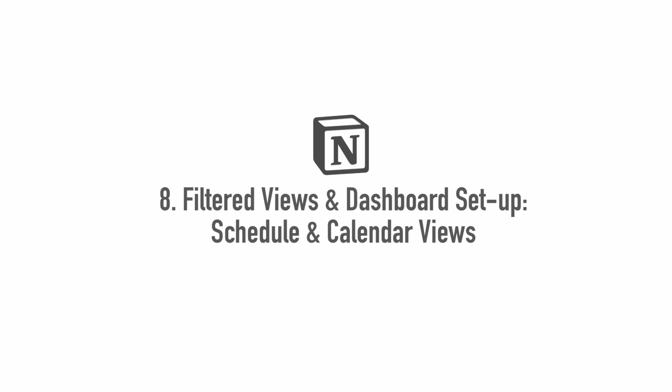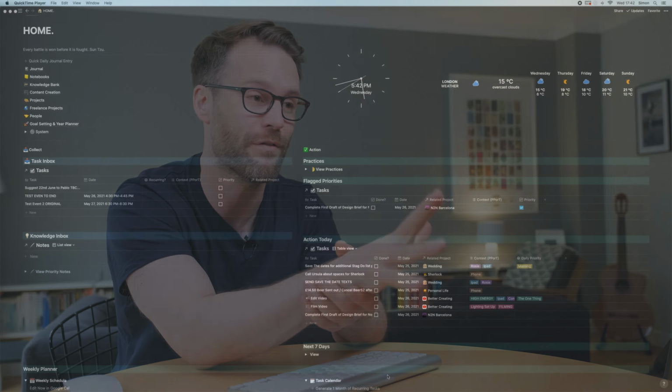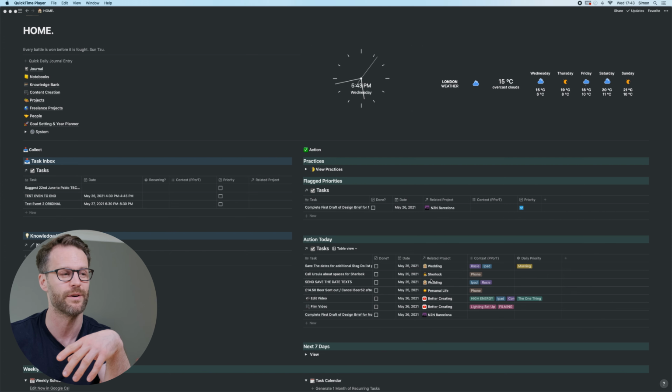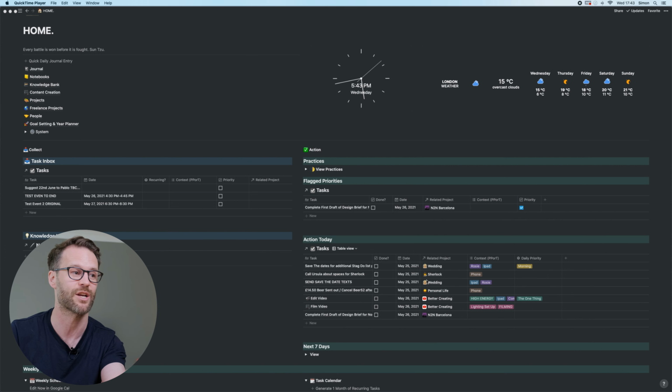All the basic programming is now done, but what we don't have is a way to view it. So I now need to update all the filters that I've built within this system. If you own the template, this should show you how to update it yourself. As you can see, what is happening is that my events are turning up in the task inbox and not turning up over here. So the first thing we need to do is filter stuff out of the inbox if it's an event, and also filter stuff to appear in the action today and action in the next 7 days